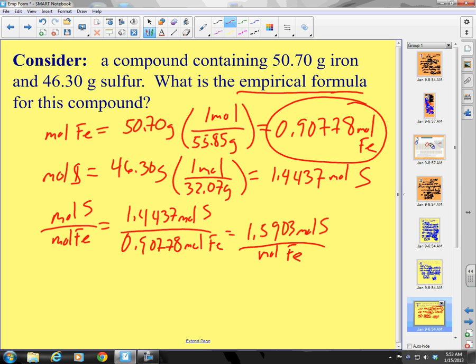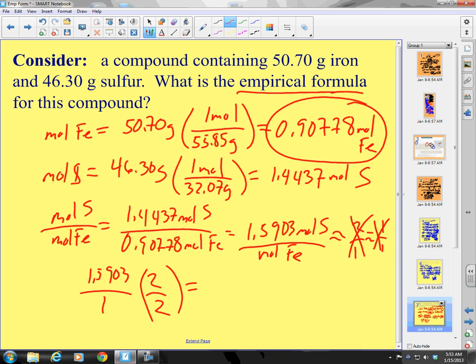So what do we do? Can I round this to 2 to 1? No, I cannot. Can I round that to 1 to 1? No, I cannot. 1.59 is not close enough to a whole number. So what do I have to do? I have to take my 1.5903 per 1 times 2 over 2. And when I take 2 times that, I get 3.180